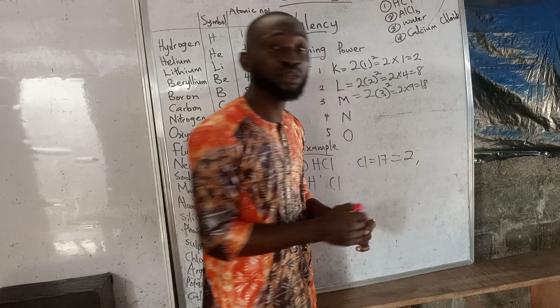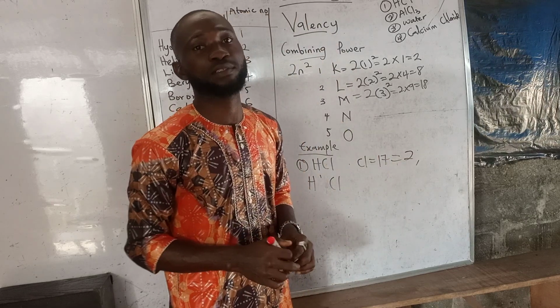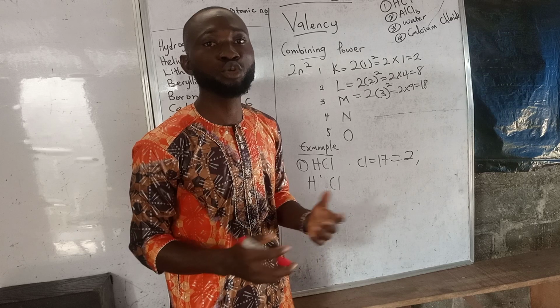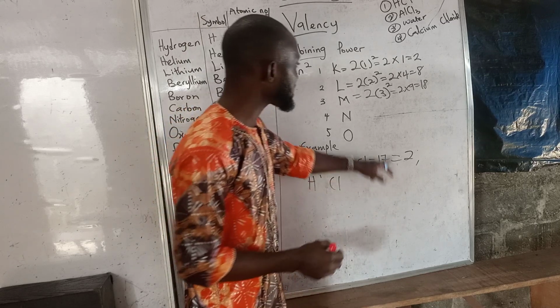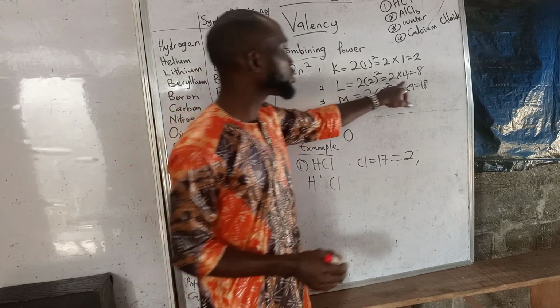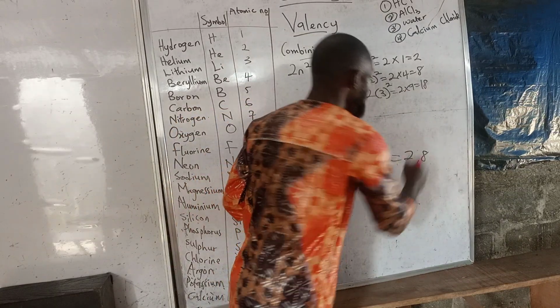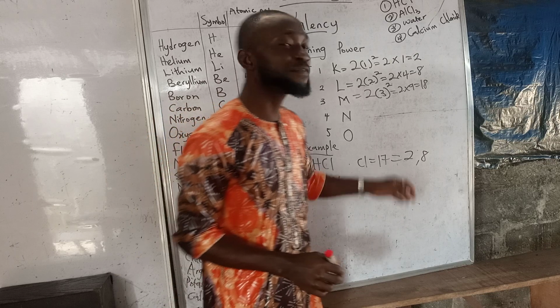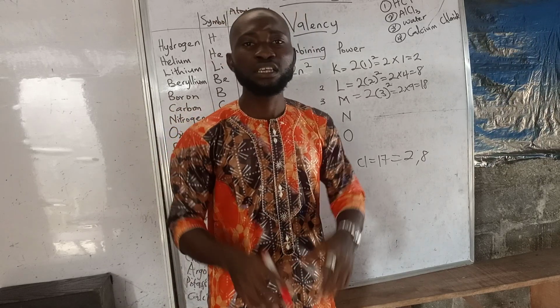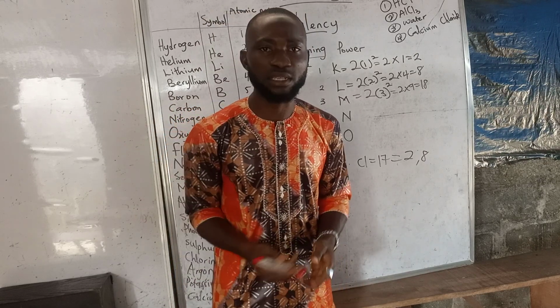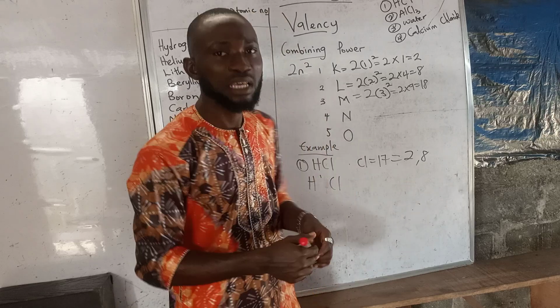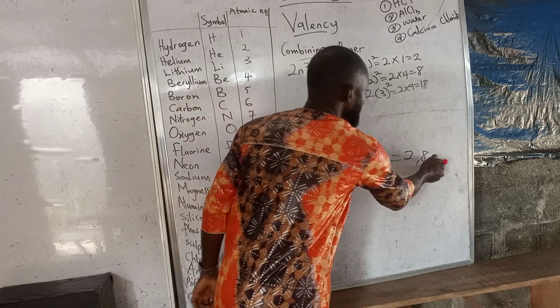So out of 17, we have 15 left mathematically. So what do we do next? The next ones go into the L shell, which takes just 8. So out of 17, we have filled in 8, and it remains just 7. So what do we do next? We are going to fill in the last 7